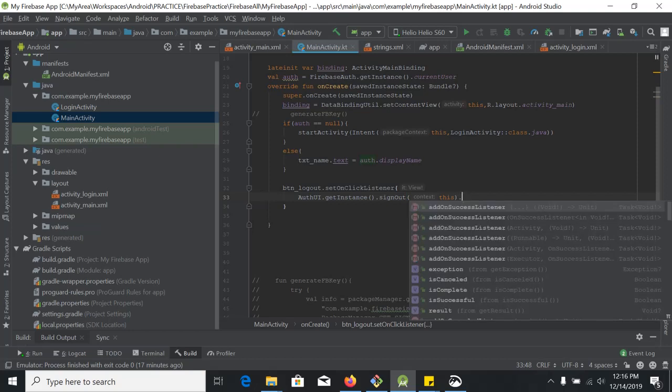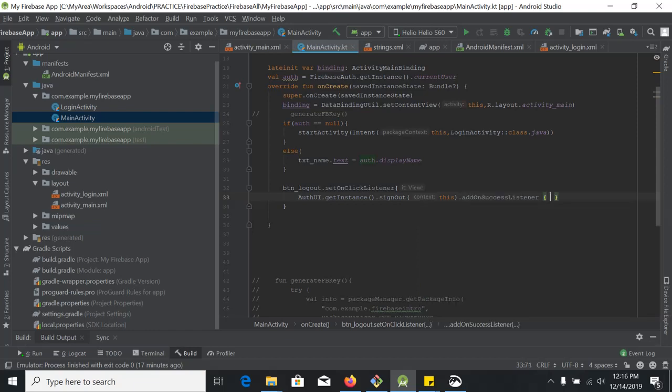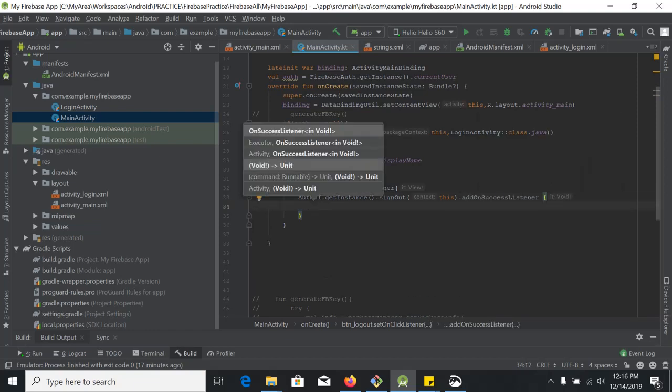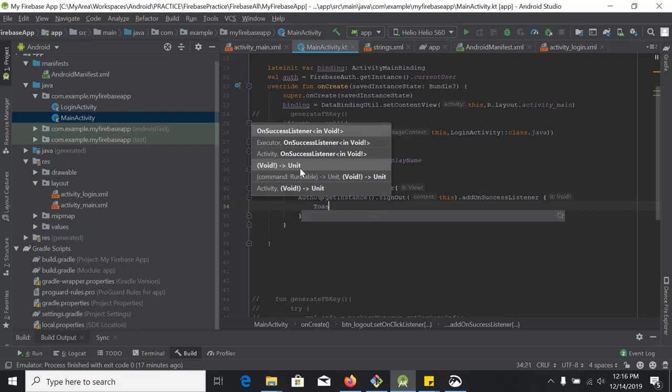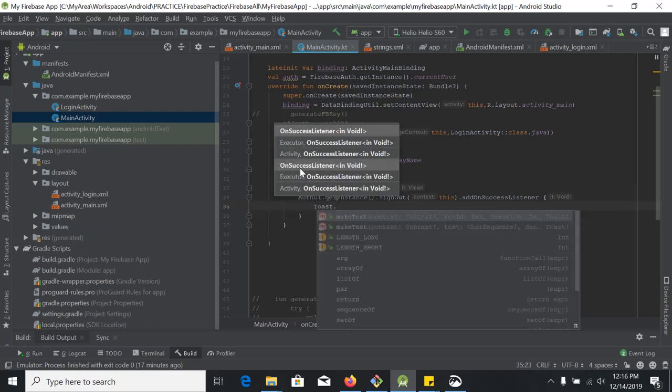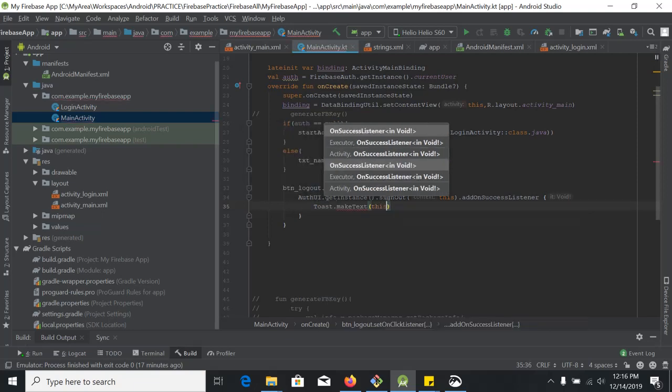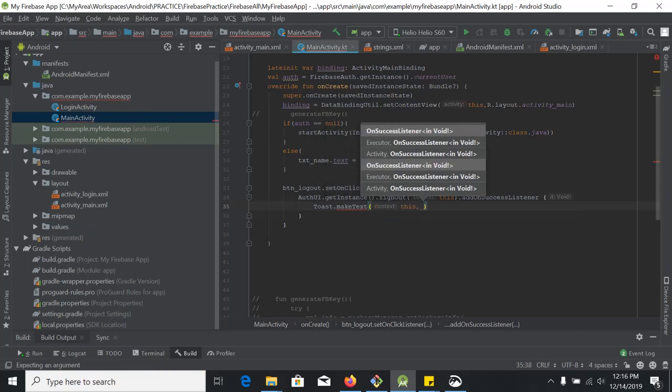If the user is successfully logged out, we will show him a message, Toast dot makeText this,